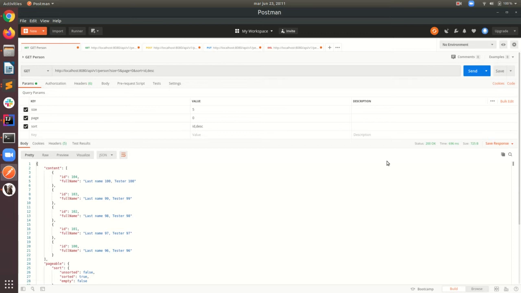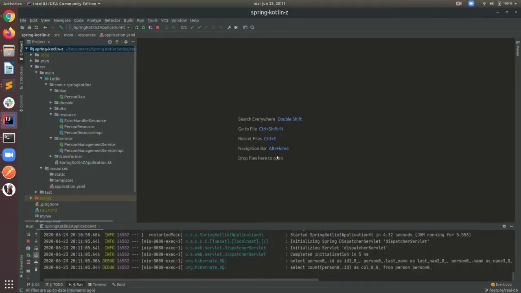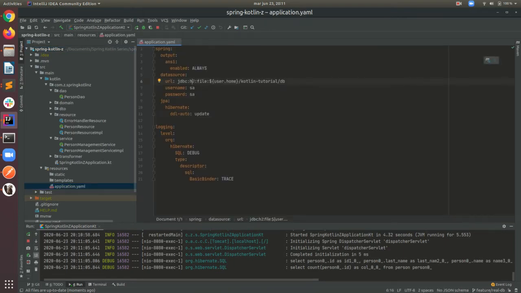So basically, currently this API is using H2, which is an in-memory database, and this is not good for a real application. I mean, a production application, because this H2 database is for testing purposes. So in order to start using a real database engine,